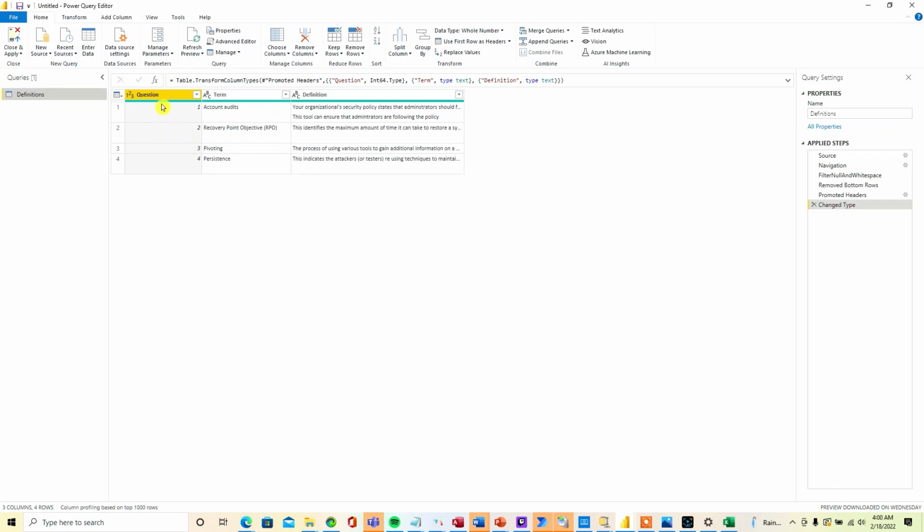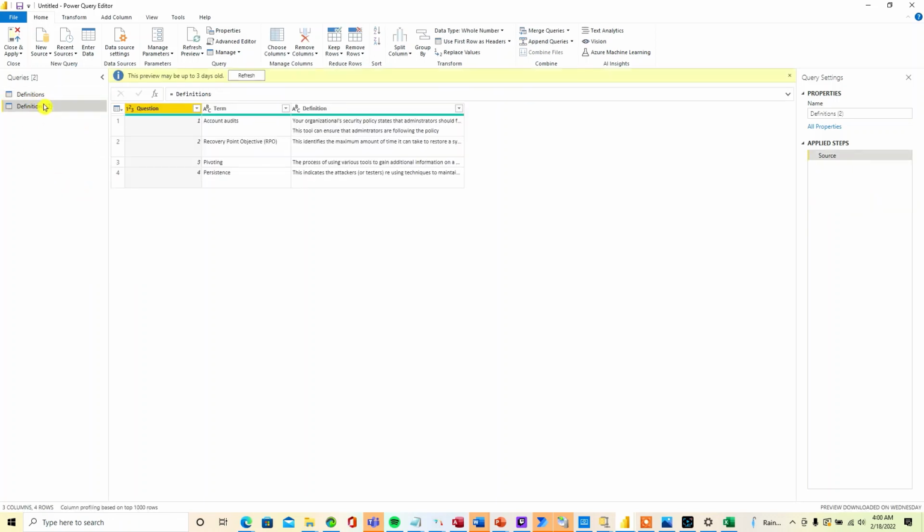I need to make sure that the data types are correct. So the question column is number type, term and definition are text. So that's correct. Next thing I need to do is create a query called term. And it's going to be based off of this definitions query. So I'm going to right click the definitions query, select reference, rename this term,